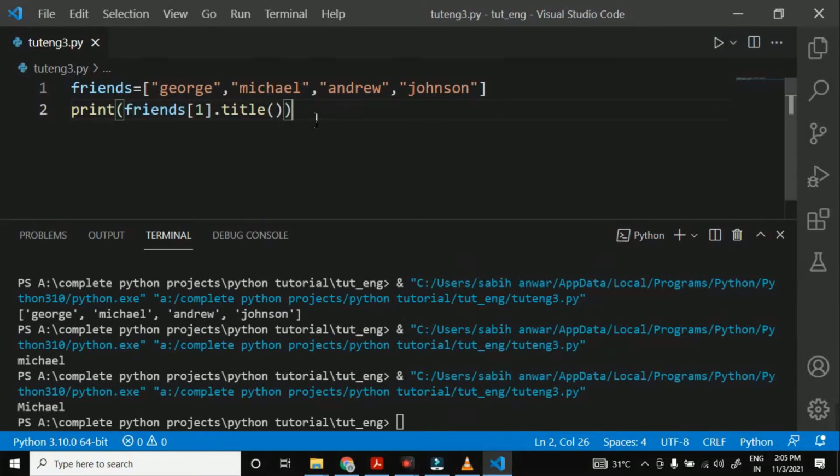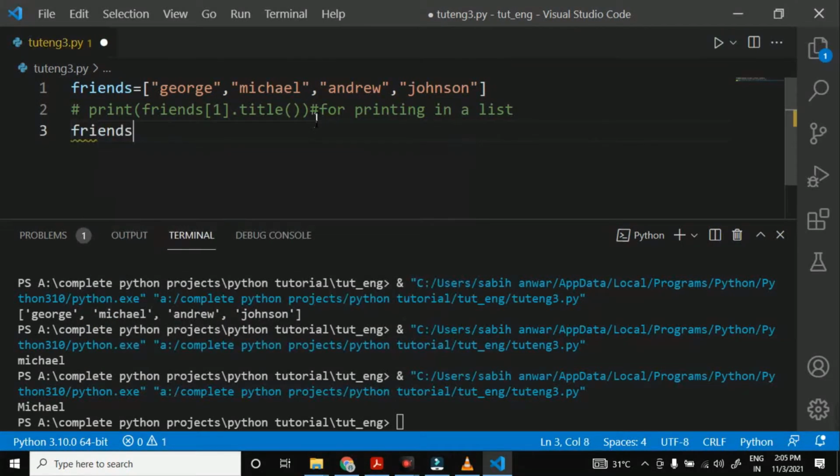So I will comment it out here for printing in a list. Now what will be our next topic? Let's comment it out. Next line. Now we will learn how to modify the elements in a list. We can do it over here.